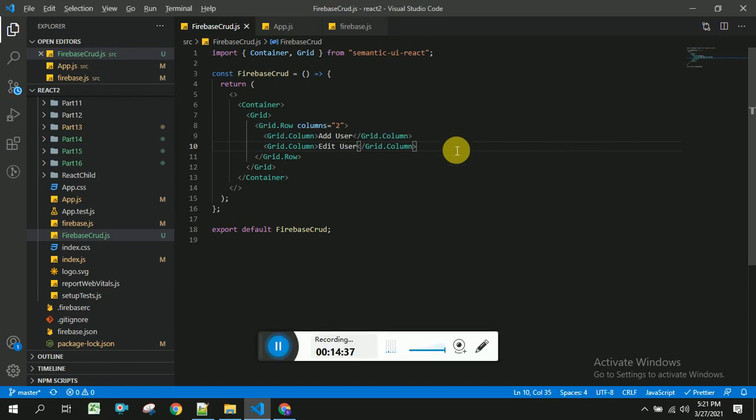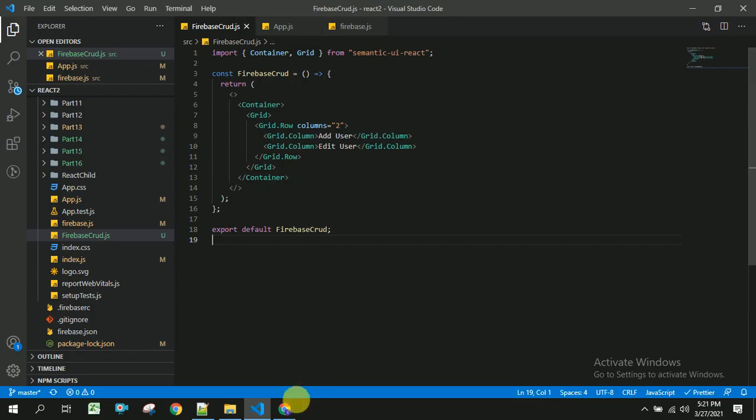Now you should be able to see two grids, one with add user and the other with edit user. So you can see here we have got two columns in a single row.